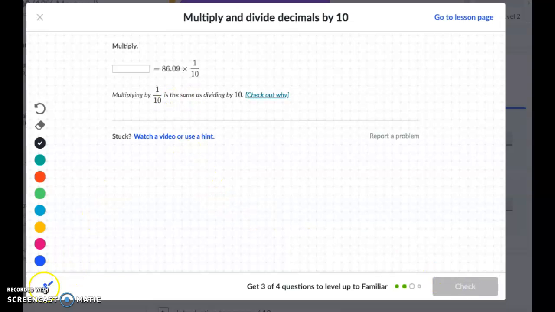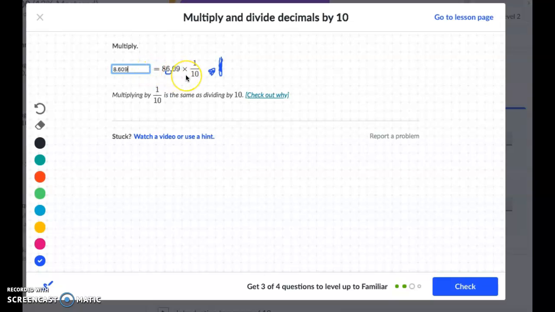So for this one, the first thing that I'm going to think about is, hey, 1/10, how do I actually write that as a decimal? Well, 1/10 is going to be decimal 1. Okay, so when I'm multiplying by 1/10, I'm going to make my number smaller. So here I'm going to think about taking my decimal and moving it over 1 to the left because it's making my number smaller because I'm multiplying by that fraction. So my answer here would be